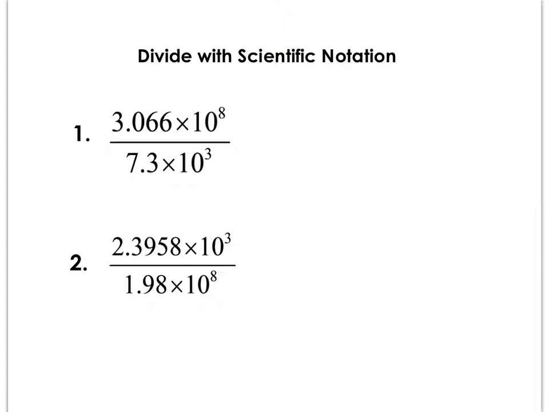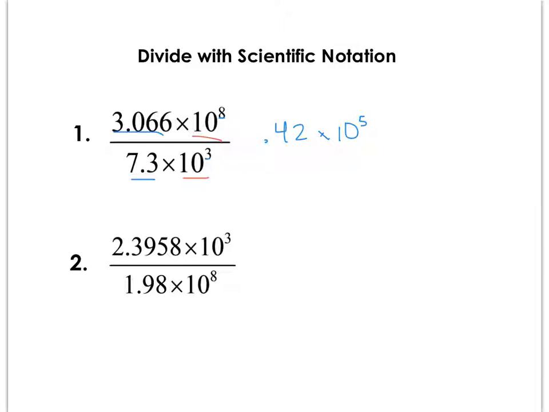Now let's take a look at a few examples of dividing with scientific notation. So I'm again going to break this up into 2 parts, my coefficients and then my exponents with the same base. And I'm going to divide the coefficients, so 3.066 divided by 7.3, and I get 0.42 times 10, and then this is exponents with the same base, and when we divide, we really subtract, if you recall from working with monomials, and 8 minus 3 is 5,